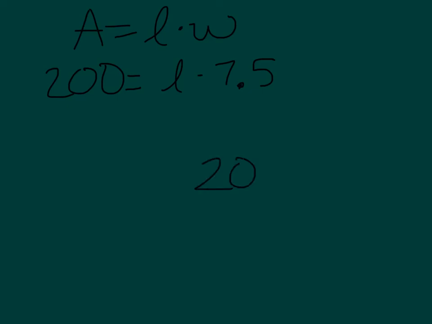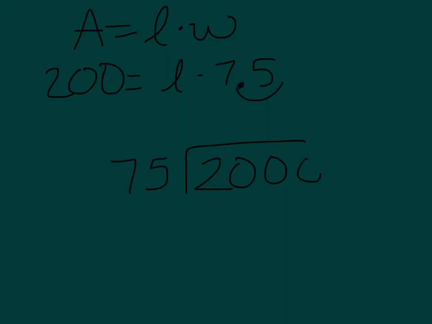Number 10 says 1 gallon of paint will cover 200 square feet of wall. The room you want to paint has walls that are 7.5 feet high. What is the greatest length of wall that can be covered by 1 gallon of paint? Well, we have area equals length times width. The total area is 200, and the height that we have is 7.5. So in order to find the length, we're going to divide 200 by 7.5,